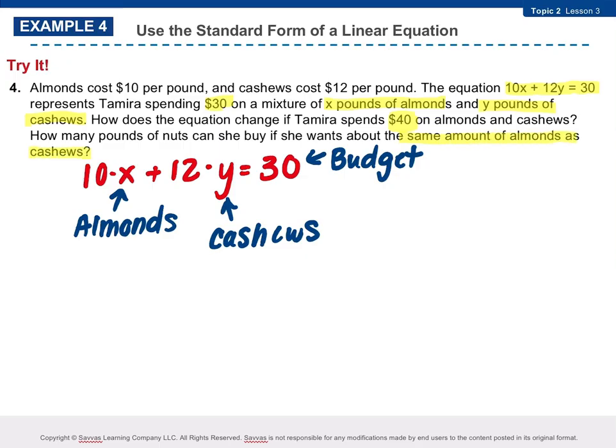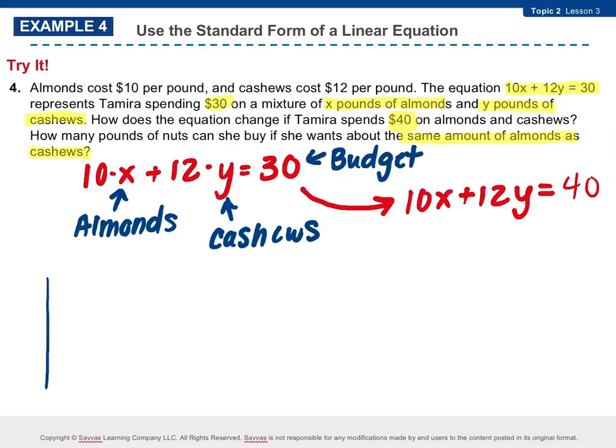Well, first of all, how will the equation change if we change our budget? That's pretty easy, right? It would just be now 10x plus 12y equals 40 instead of 30. And so if I wanted to find when they might be the same, it would be really easy to graph it. If I had a graph here, I would set up